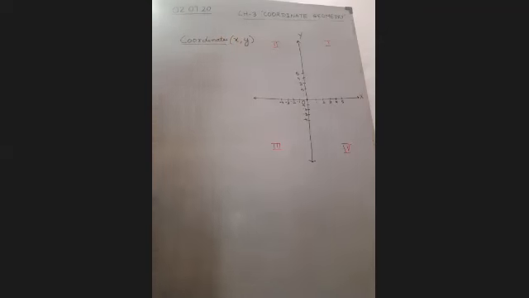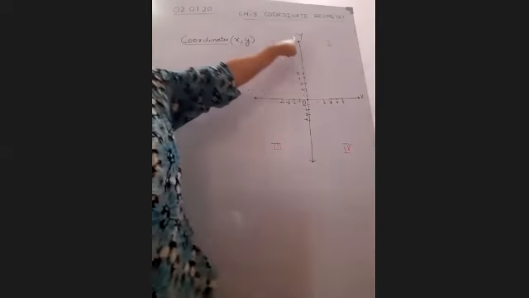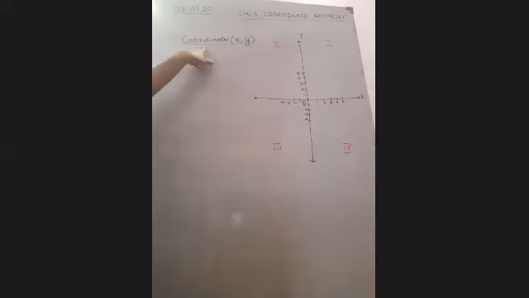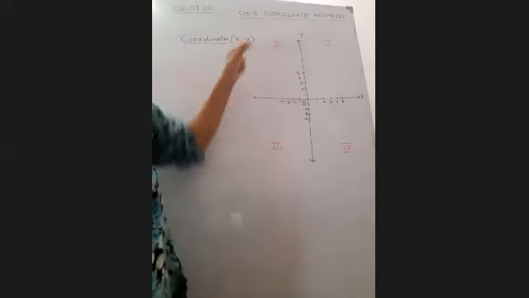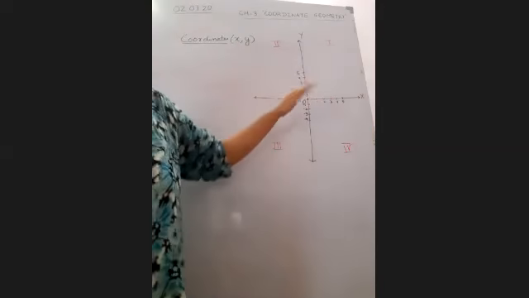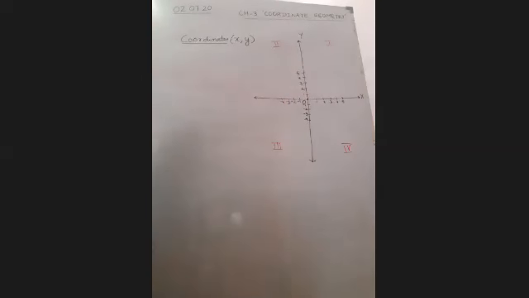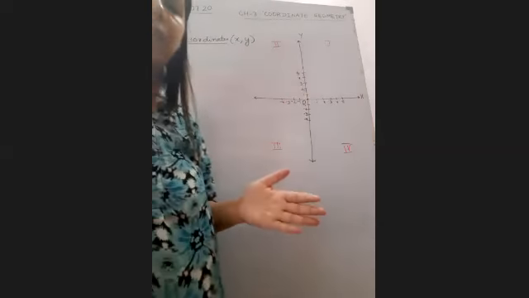Now mind it, children. When we are marking the axes, it is capital X and capital Y. But when we are writing coordinates, they have to be put in brackets, separated by a comma. First we write small x and then small y. Small x represents the value on the x-axis. Small y represents the value on the y-axis. Clear, children?